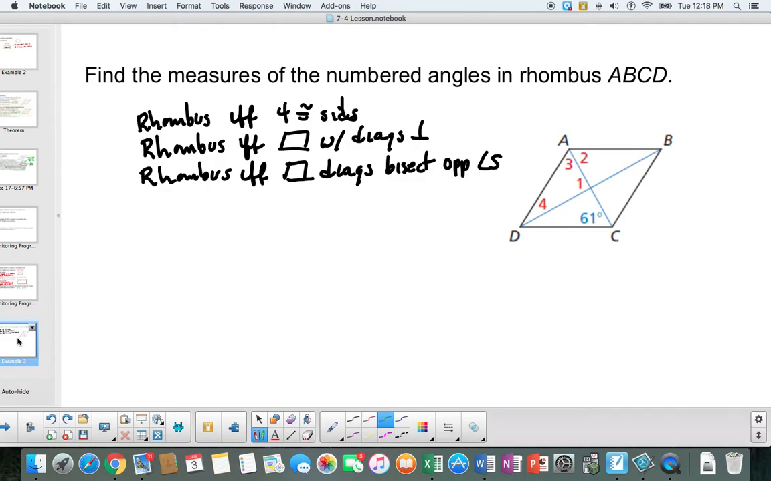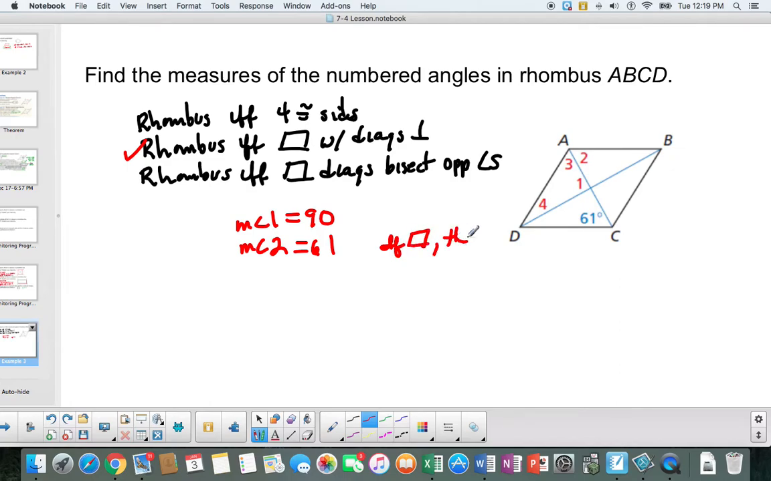All right, we want to find the measures of these numbered angles, and I've listed everything I know about a rhombus. I know that it's a parallelogram. I know that it has 4 congruent sides. I know the diagonals are perpendicular and the diagonals bisect opposite angles. So I know right away that the measure of angle 1 is equal to 90, and that's because of this theorem. I also know that the measure of angle 2 is equal to 61, and that's because if you have